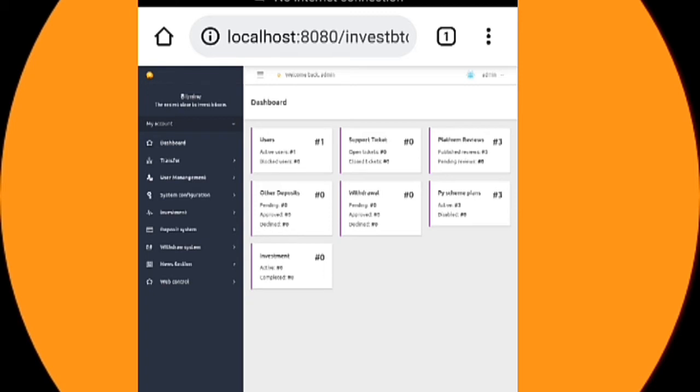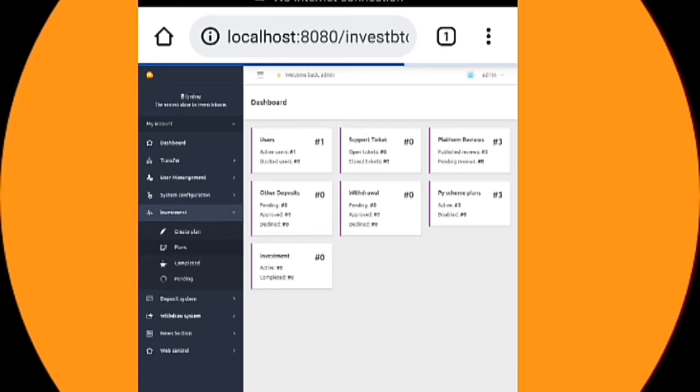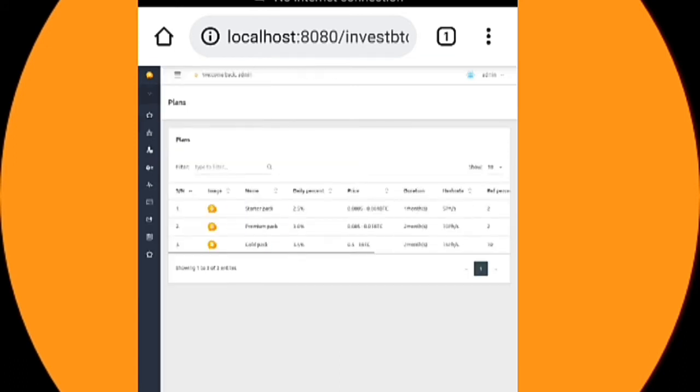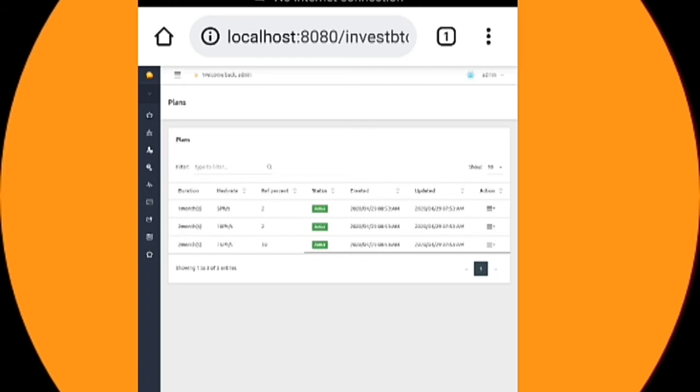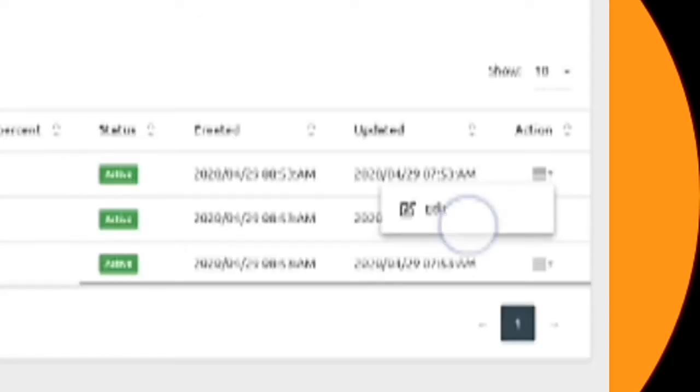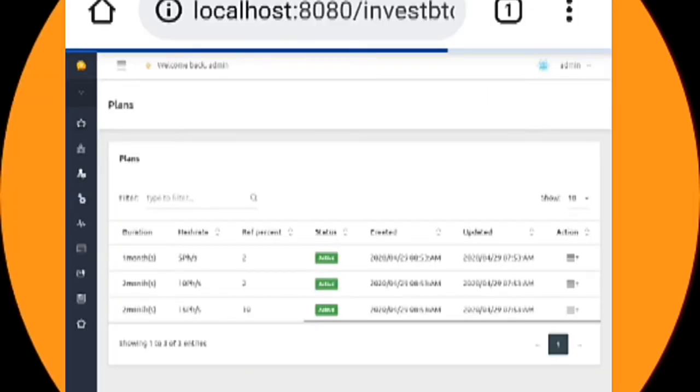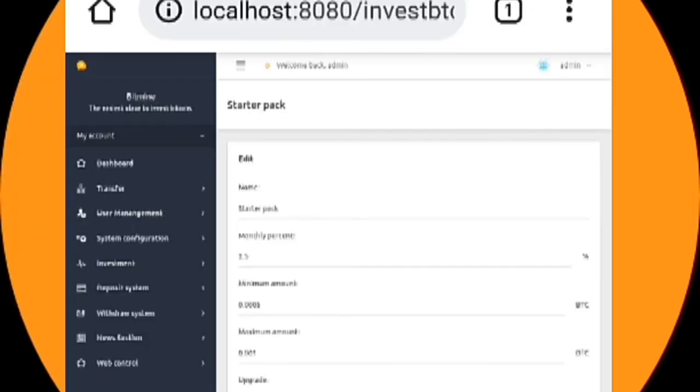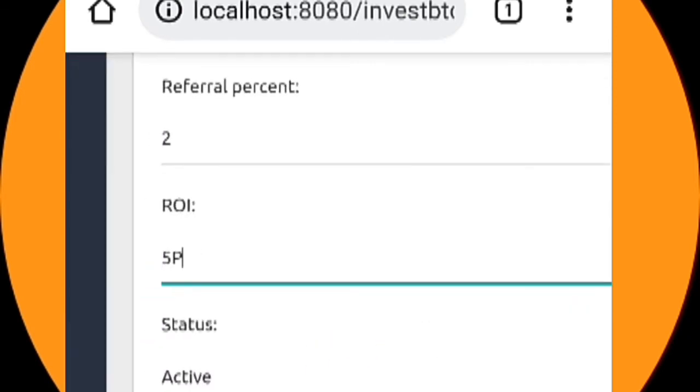Now let's go to our investment plan here. Now let's create new, or let's check the plans we have. So let's close this. Now on this action box, click on the 3 arrow button at the right hand side. Click on edit. Okay, here we go. You can see that the hash rate has been changed to ROI. So what we have to do is to change the ROI to our monthly plans. So here we have to edit it, change it to 30 days plan,